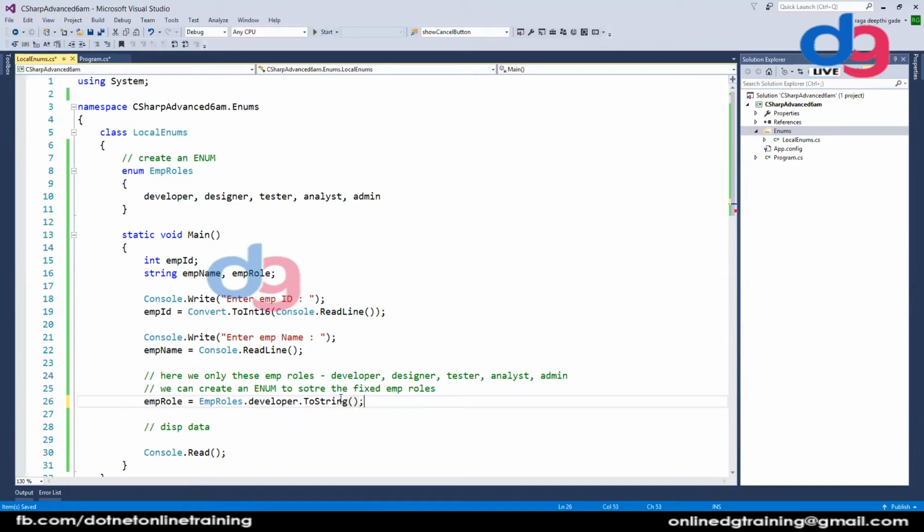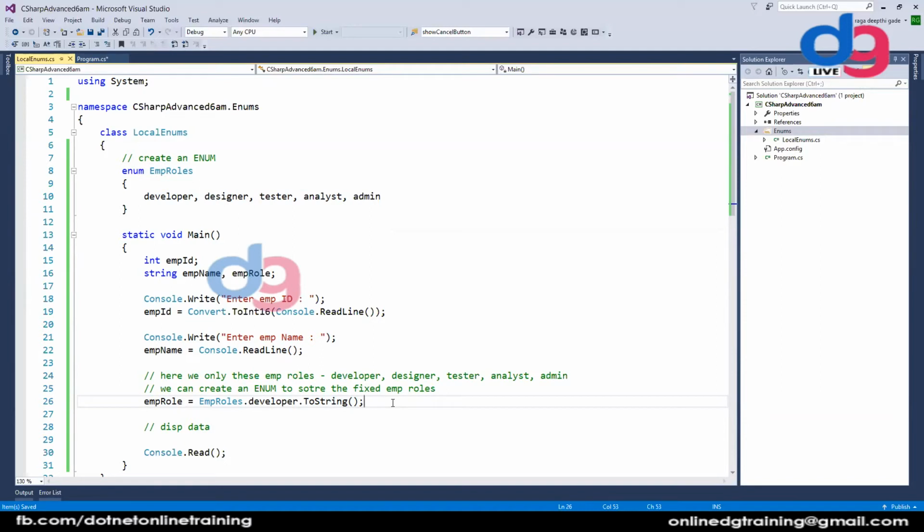We have to convert it into string, because these are just items in the enum, but they do not have any data type. You cannot call developer and all these values a string data type. They are just enum types, that's it. So you have to convert them with dot ToString. Did you understand this? Yes.